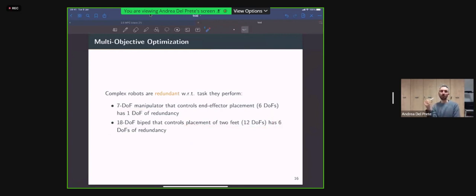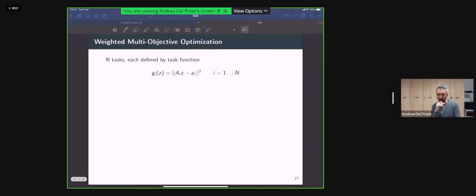So clearly, you would like to exploit this redundancy in order to optimize the motion, or maybe to achieve some secondary tasks that are not as important as the main one, but still you would like to achieve them at their best. So in this case, which is very common in practice, you want to express a cost function for each of the tasks that you want to achieve.